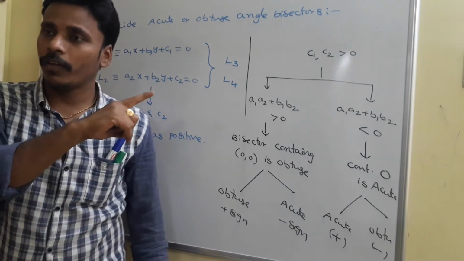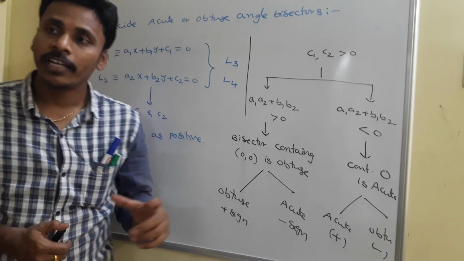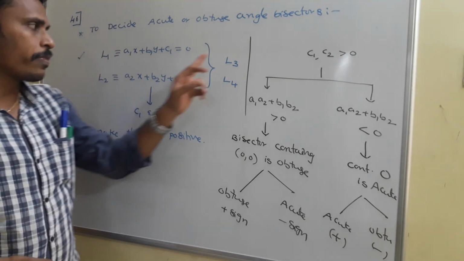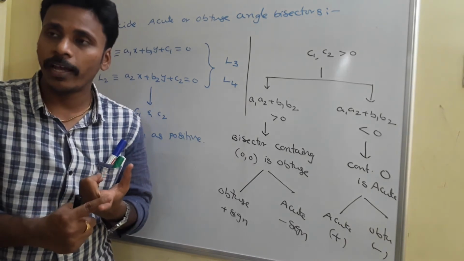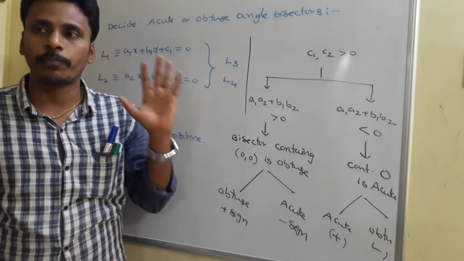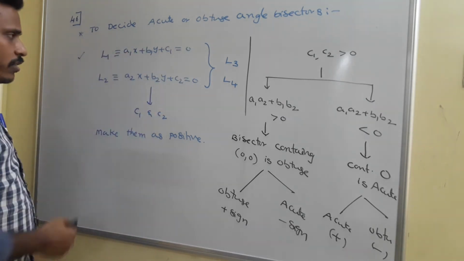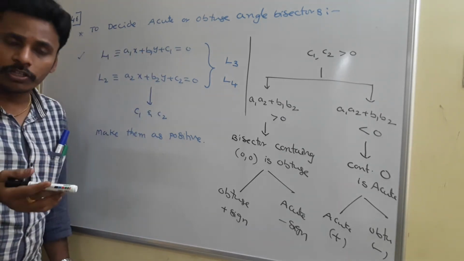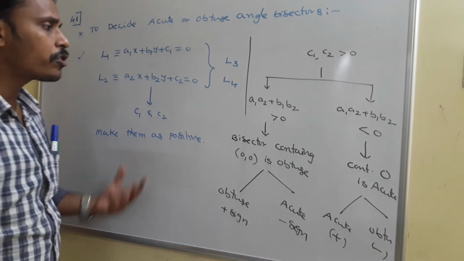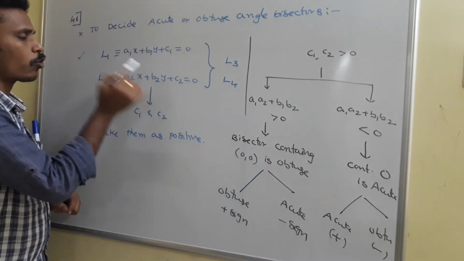In the previous discussion I mentioned how to decide acute or obtuse, in that other point like 42 or 43: you take one line among these two, find the angle between them, and if tan theta is less than 1, take it as acute, and if greater than 1, take it as obtuse. That's what we discussed. Now here, first of all you need to observe the two lines we have. Look at C1 and C2; they may be positive or negative. Try to make them positive. If they are positive, now look at the value of A1A2 plus B1B2, the product of the x coefficients plus the product of the y coefficients.